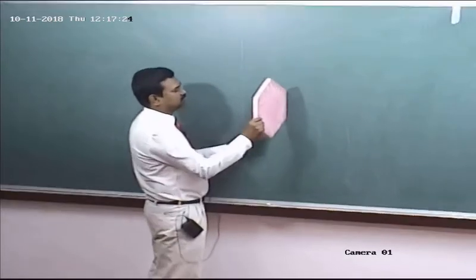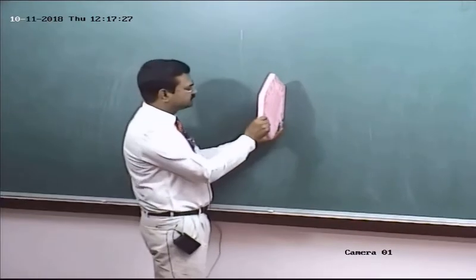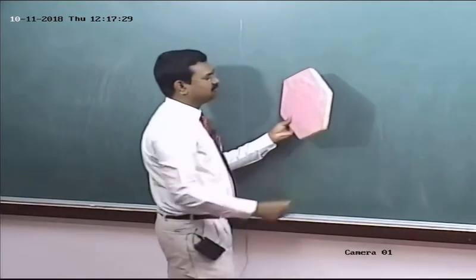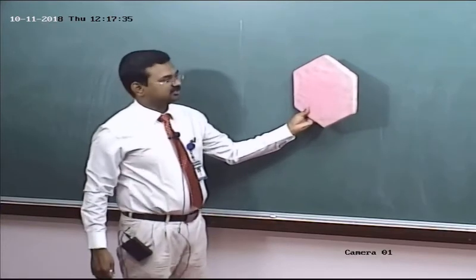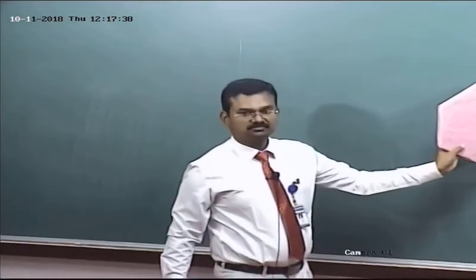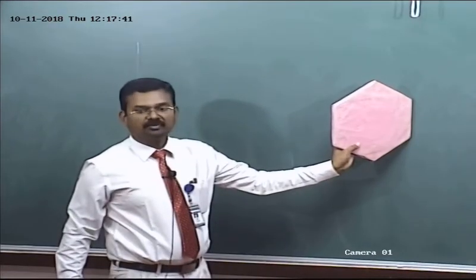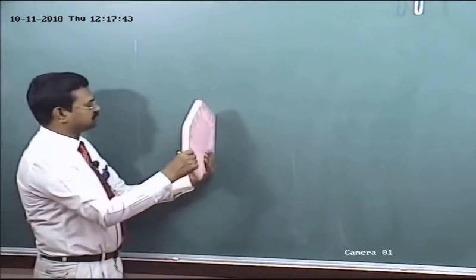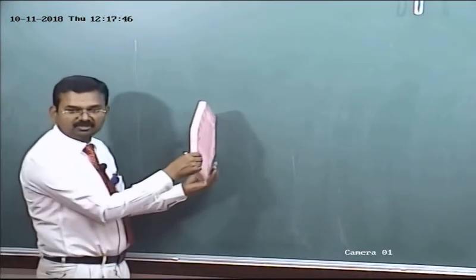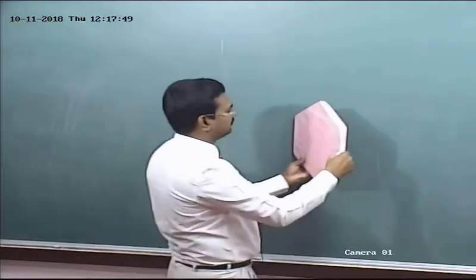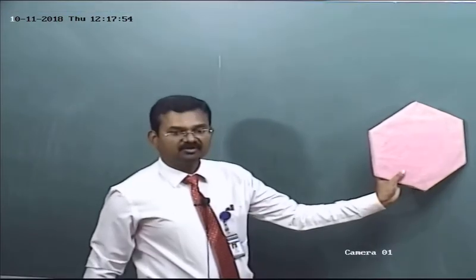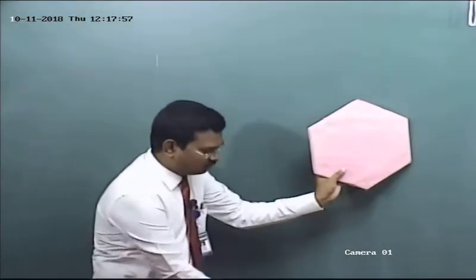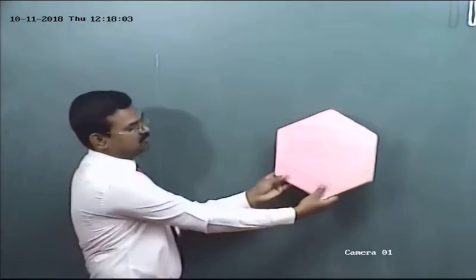So one side is on VP and the surface is inclined at 45 degrees to VP and perpendicular to HP. Am I right? This is the given condition. Are you able to follow me? In the left hand direction or right hand direction, both are correct. So decide yourself which one you want. As you wish, you can draw. So one side is resting on VP. Now the surface is perpendicular to HP, isn't it? So tilt the surface to make an angle of 45 degrees to VP. Now the surface is inclined at 45 degrees to VP and perpendicular to HP. When you extend the surface, it will make an angle of 90 degrees with HP. This is the given condition.